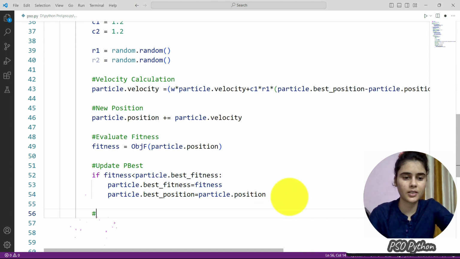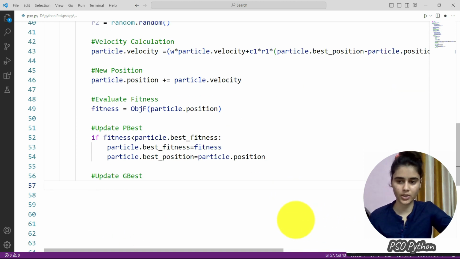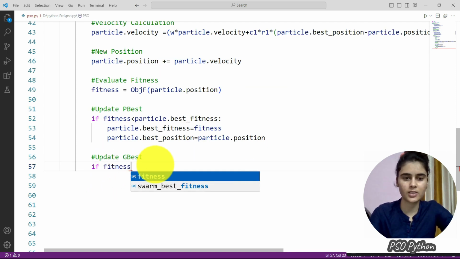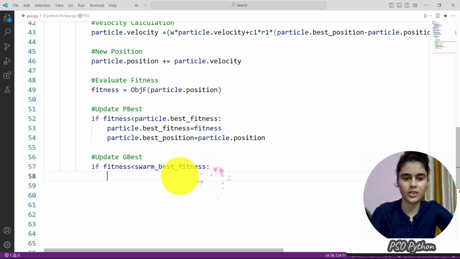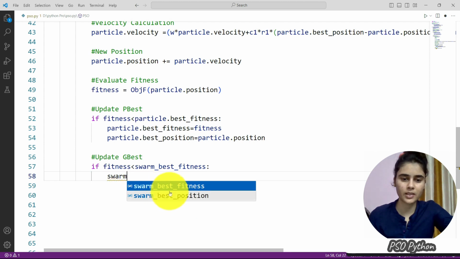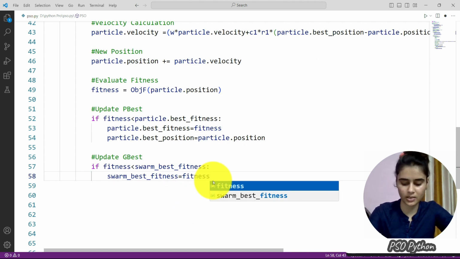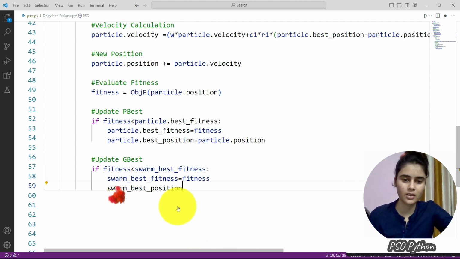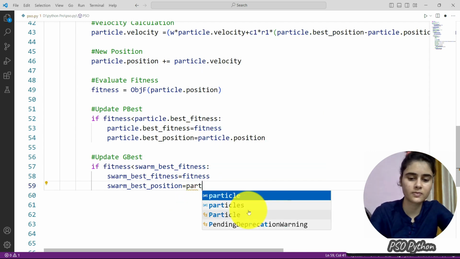Now we will update the global best. We will compare if the fitness is less than the swarm best fitness. If this condition is true, the swarm best fitness is the new fitness, and the swarm best position is the new particle position.